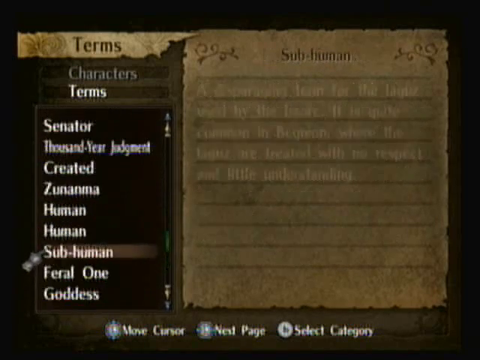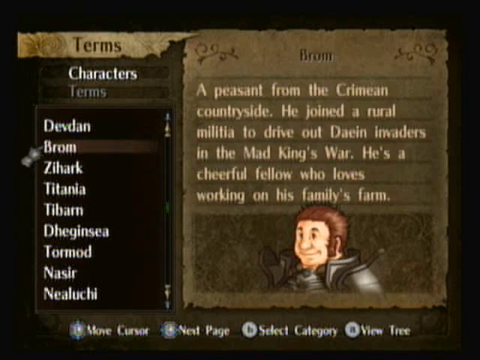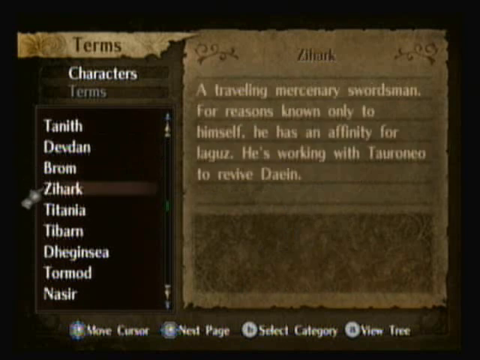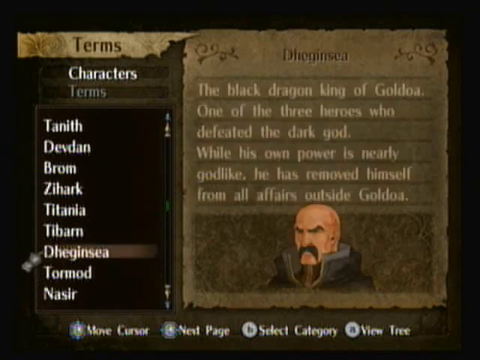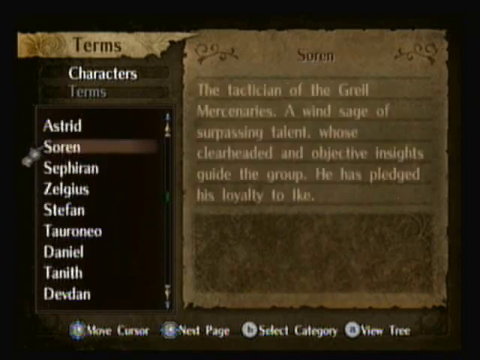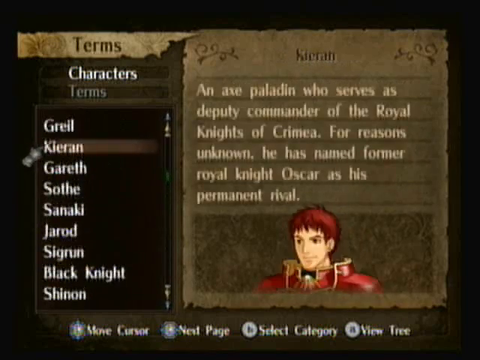And then you also have a guide for the characters, all of the characters in the game. And not just characters that you play with. There are other characters you can read about as well. There's boss characters. Characters that didn't appear in this game. This is Devdan, not Danved. And yeah, it's basically a glossary of sorts, and it's a pretty cool glossary to look at whenever you have